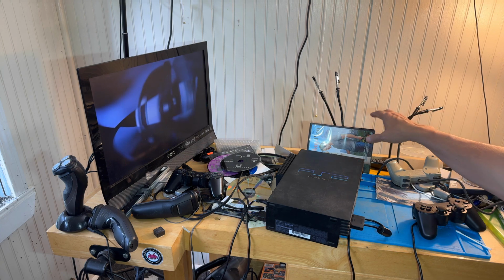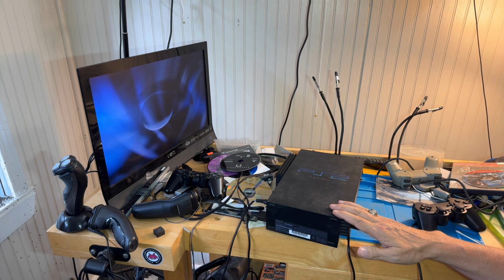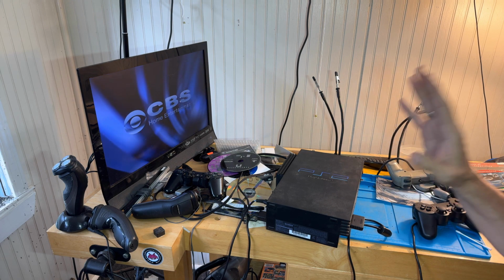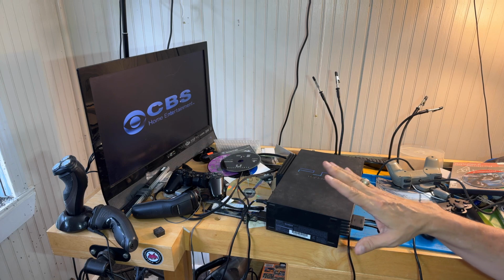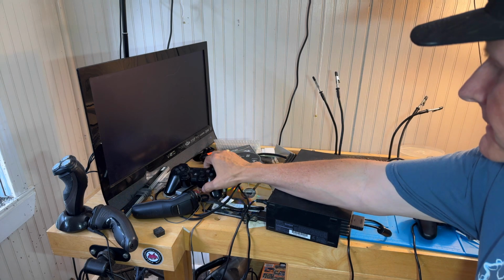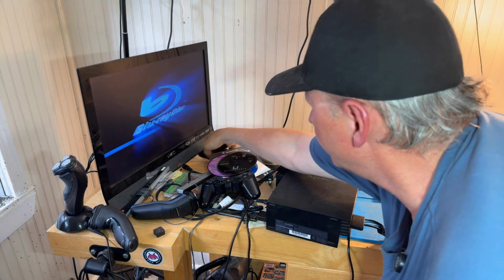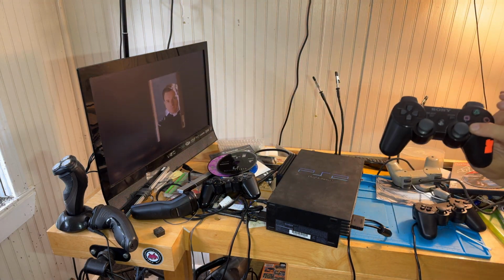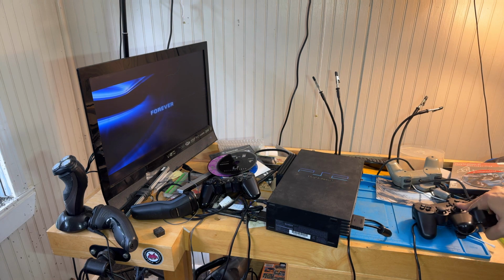So the video appears to be working. So this is a completely functioning PS2 fat. And so all I got to do now is probably take some actual OEM controllers that I picked up when I was out thrifting and put this with it, because they usually do better than these aftermarket controllers